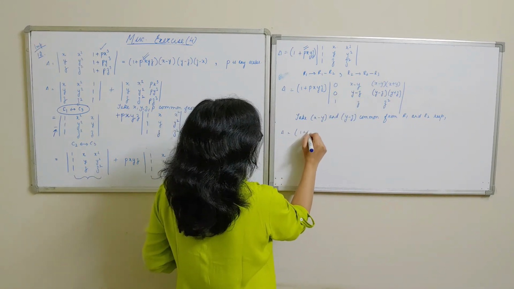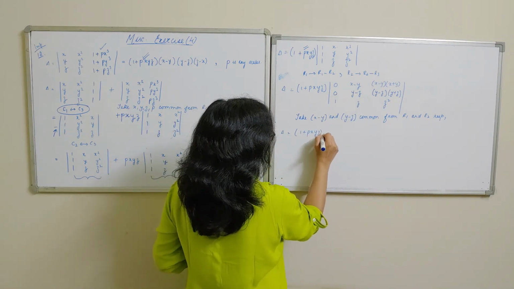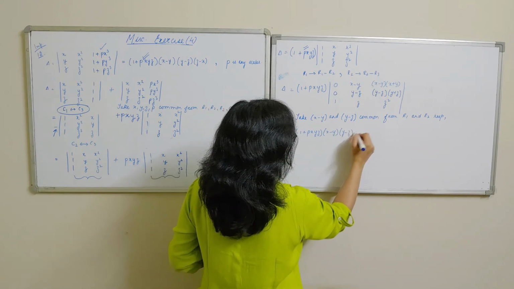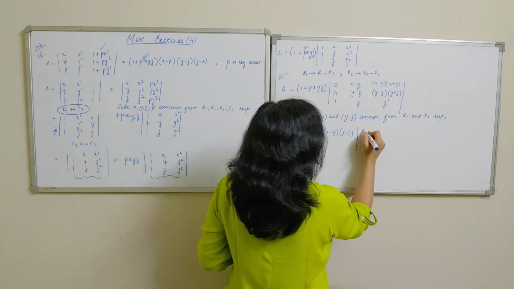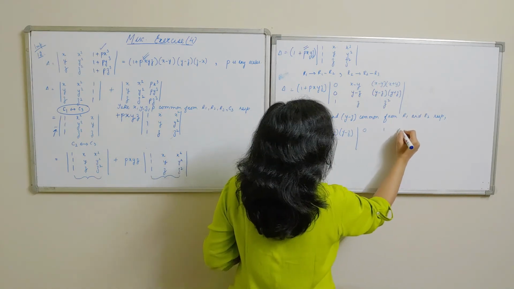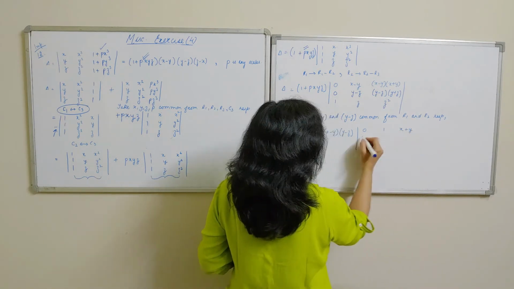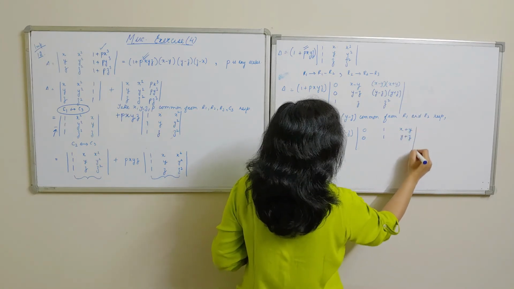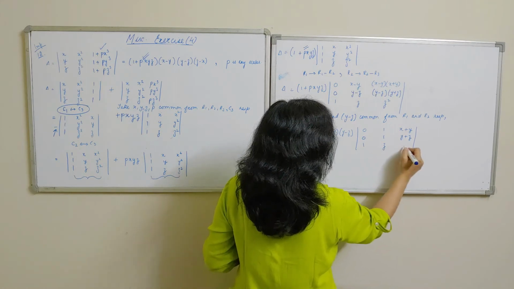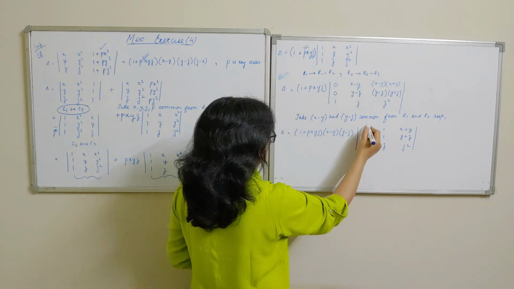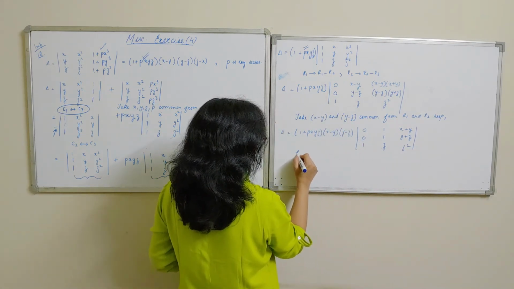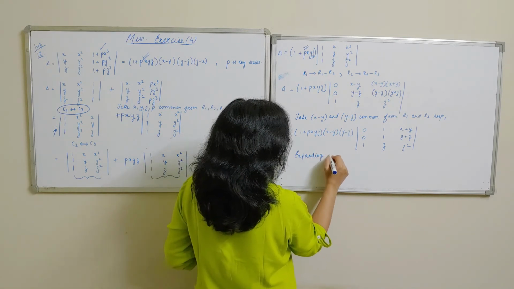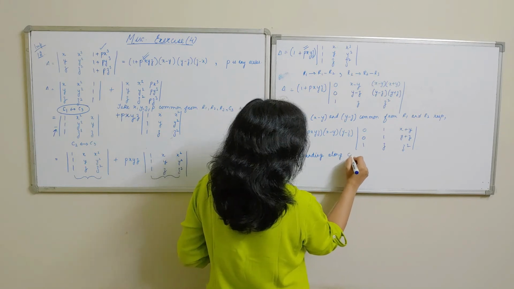So one of the factors was this, which we had already obtained. Now we are getting x minus y from the first row, y minus z from the second row, and what do we get? 0, 1, x plus y, 0, 1, y plus z, and 1, z, z square. So now we can expand along the first column. So expanding along C1,